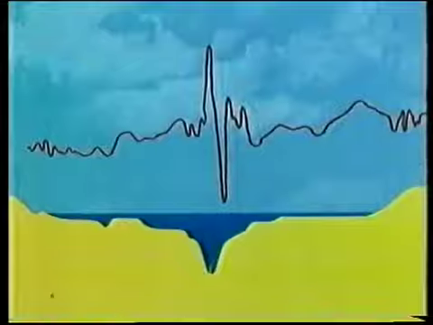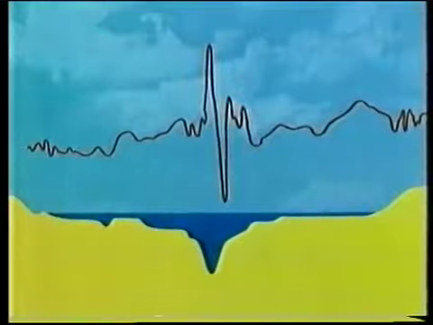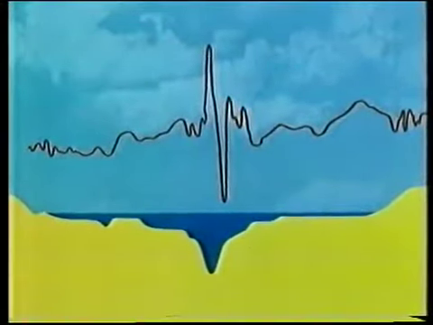Here's a magnetic profile across the Red Sea. The peaks in the profile are positive anomalies. The troughs are negative anomalies. Over the central or axial portion of the Red Sea, the anomalies are very large. Further out, however, the anomalies are of rather smaller amplitude, and they look smoother.